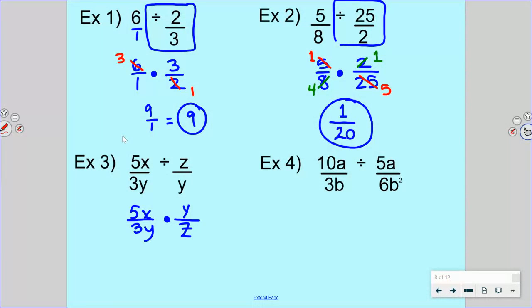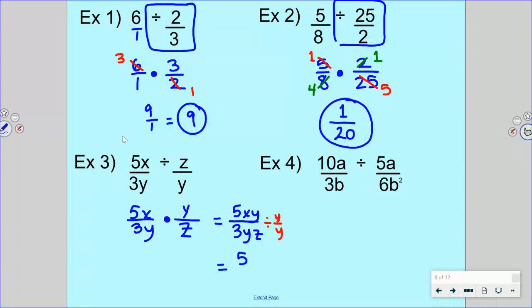Yeah, why not? Some of you would prefer just to go straight into multiplication, where we have 5x times y is 5xy. 3y times z is 3yz. And now you will notice that we could have reduced by y over y. When we do that,